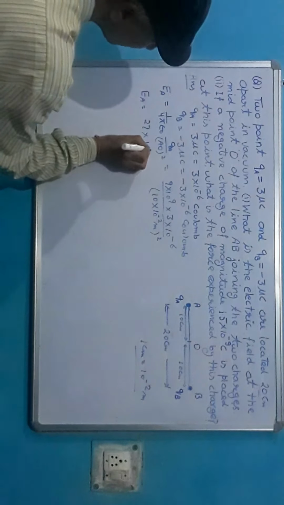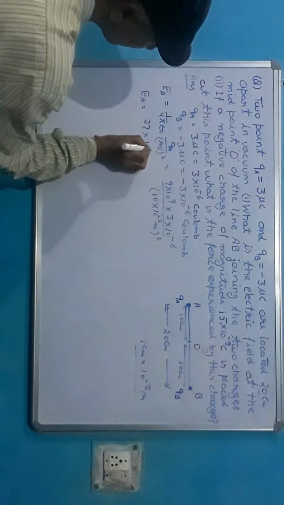What should be the direction? As this charge is positively charged, the direction of EA will be here. That will be EA. That is the direction of EA. Similarly, what I observe is that